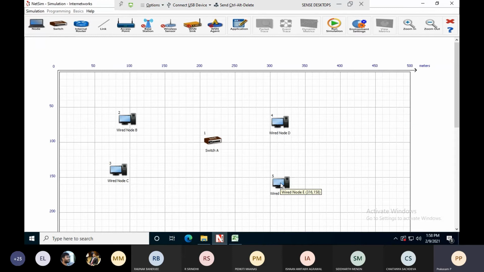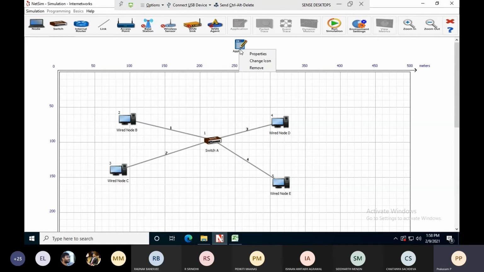I want to connect using wired link. Go to link, click wired link. I'm connecting the switch with the respective nodes. Escape. Now I have to define the applications, same applications which I defined for the hub. Click the application, just paste here.